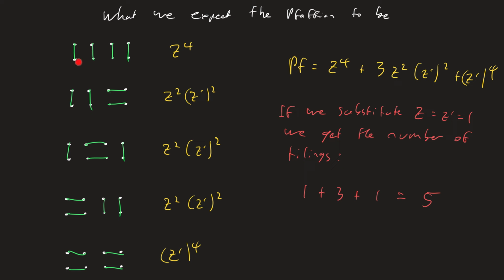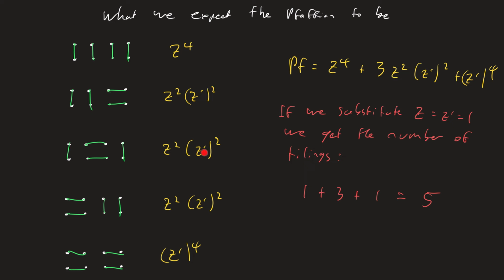For the case of a 2x4 grid, we can work out what we expect the Pfaffian to be. We go through all possible tilings, and it turns out that in the 2x4 case, there's only 5 possible tilings. For each tiling, we write down z to the power of the number of vertical tiles used times z prime to the power of the number of horizontal tiles used. 4 vertical tiles, z to the 4. 2 vertical, 2 horizontal, z squared, z prime